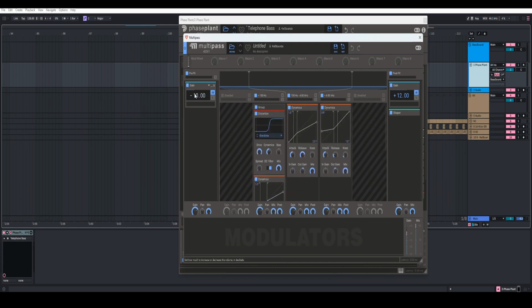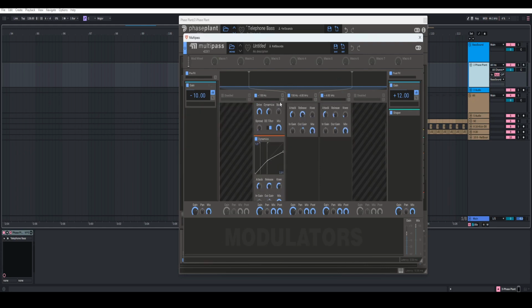I first had to turn the signal down a whole lot because it was just smashing through each multi-band here, so I decided to lower it down and then solo each individual band to my own liking, and then play it back all together until I was satisfied with the sound. And then I always like to saturate the overall sound, but not adding too much, so the mix is at